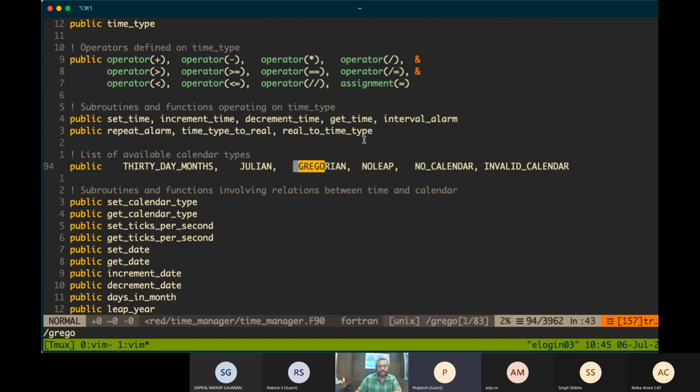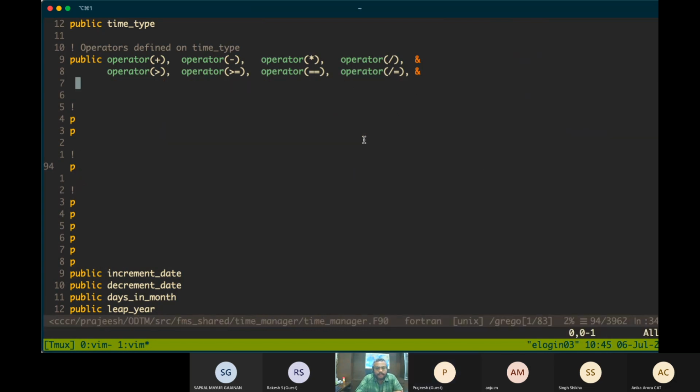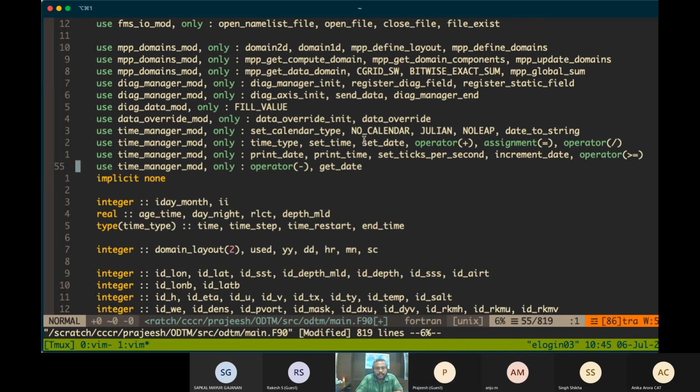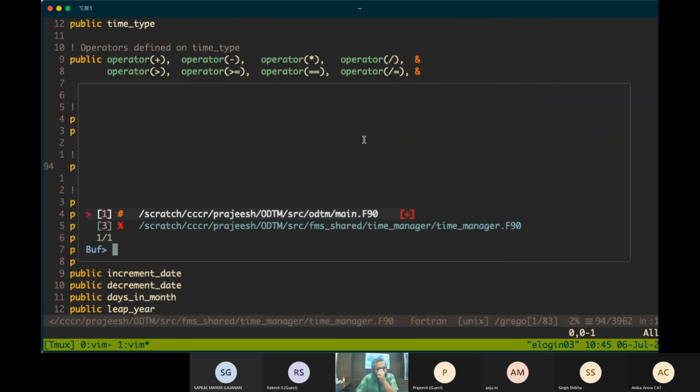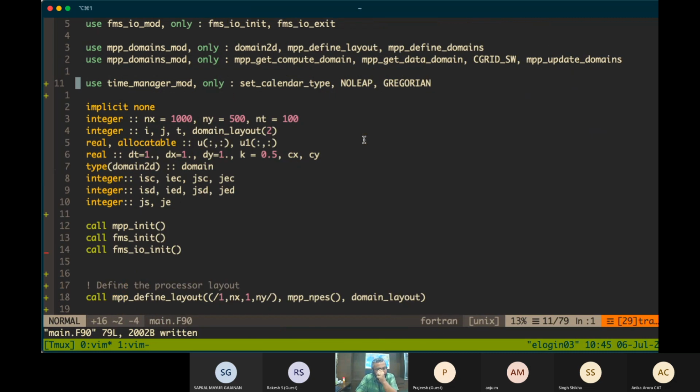So mainly we have 4 calendars here: 30-day month, Julian, Gregorian, and no leap. For now, I'll use no leap calendar in this.